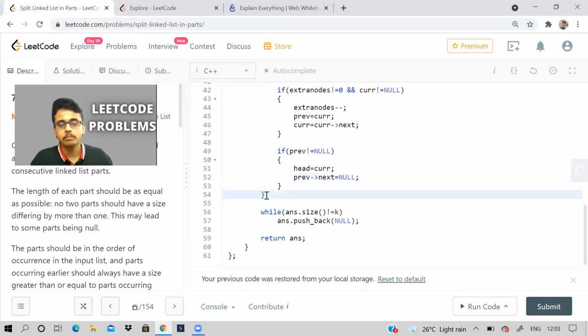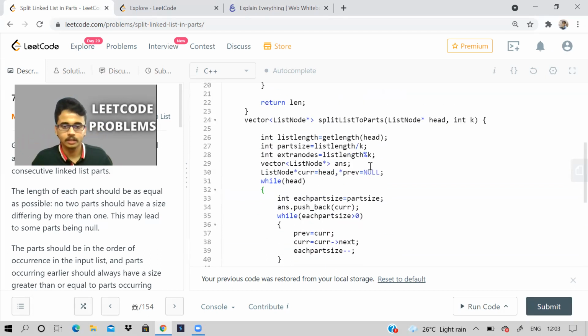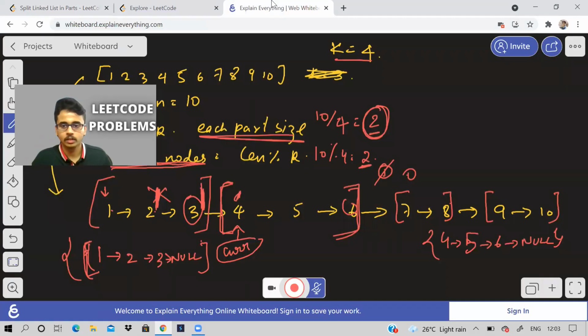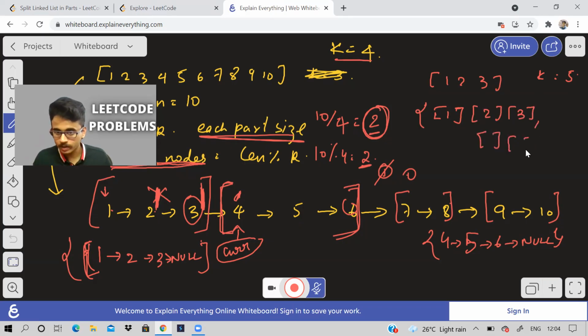Now, there can be a possibility that the length of the list is less than k. For example, 1, 2, 3, correct, is the linked list, and k is equal to 5. So our answer is actually like this. These are the 3 parts, as well as there are 2 parts wherein null values are there.